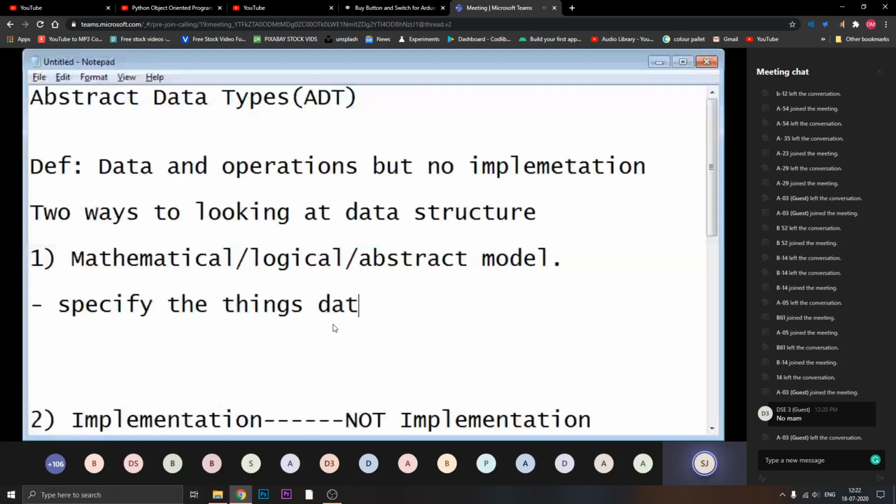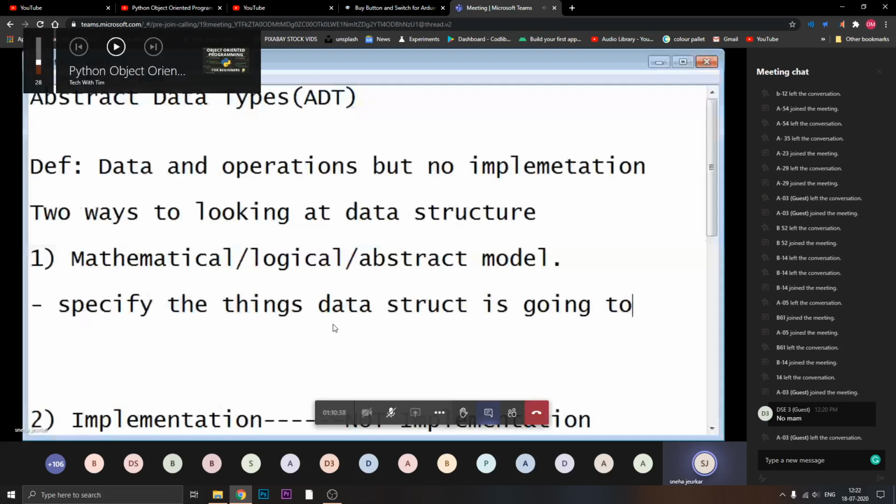For example, if it is my smartphone, it specifies the things it has, like a 5.5 inch screen, a camera, 4 GB RAM and so on. It specifies the things the data structure is going to have.